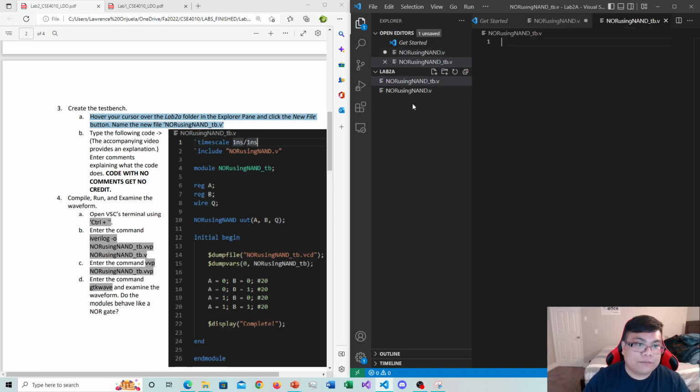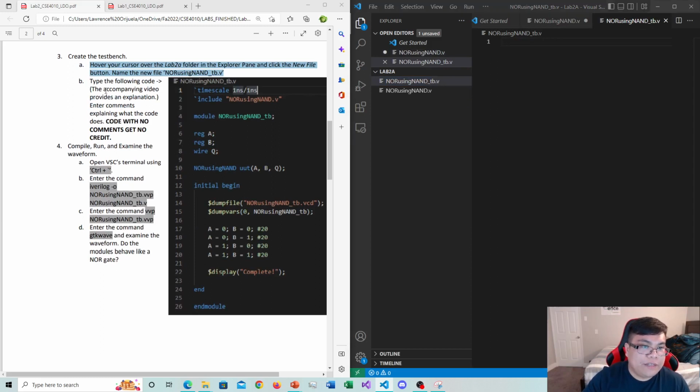Great. So, type the following code. The accompanying video provides an explanation. Enter comments explaining what the code does. Code with no comments gets no credit. Okay. So, let's go over each line one by one. So, first thing is the time scale. The time scale indicates the clock. I'm going to go 1 nanosecond over 1 nanosecond,